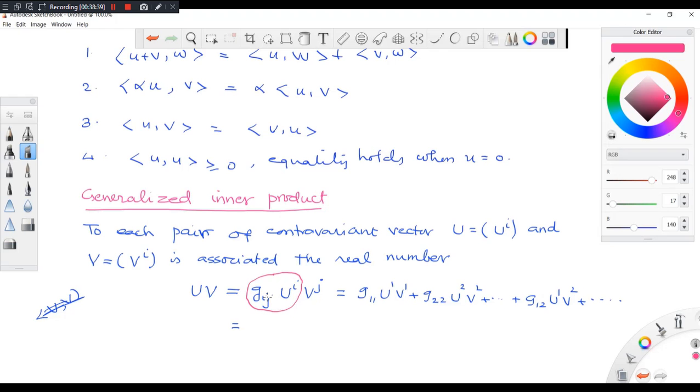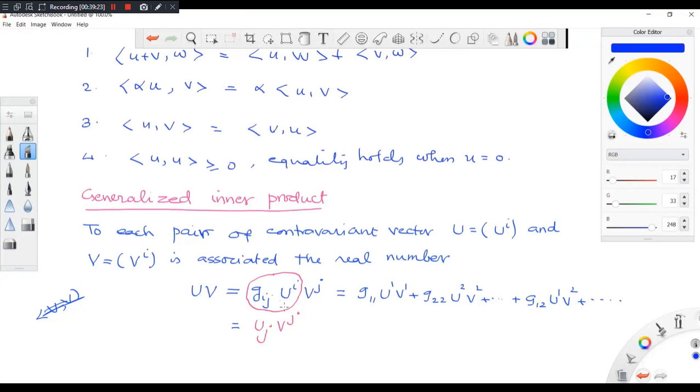When you have the same contravariant index and covariant index, what is the name given to such a product? You call it contraction. What will be the resulting tensor from this? Covariant. What is the suffix of that? The i is gone, since we have an i up and an i down, so the i goes away. Yes, j. So this will be uj vj. This is the meaning of that.